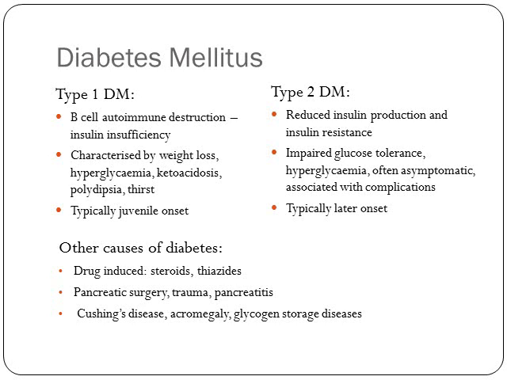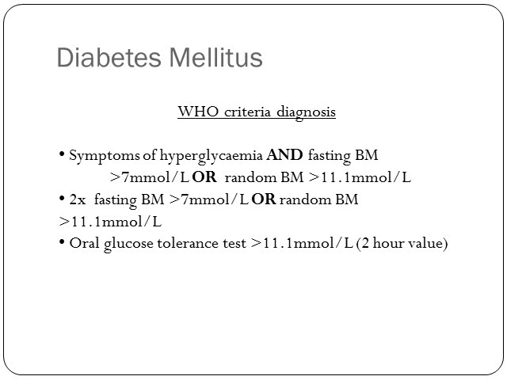of the diabetes are drug induced, so secondary to steroids. We see that quite a lot when we're treating any kind of inflammatory conditions with steroids. Thiazide diuretics as well. It can be secondary to pancreatic surgery, so trauma, to pancreatitis, and also can be seen in association with other endocrinological problems, so with Cushing's disease, acromegaly, glycogen storage diseases,